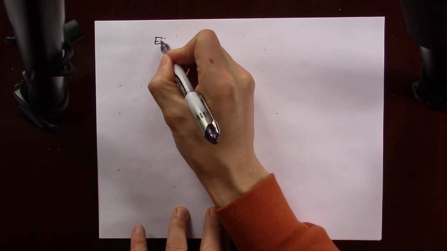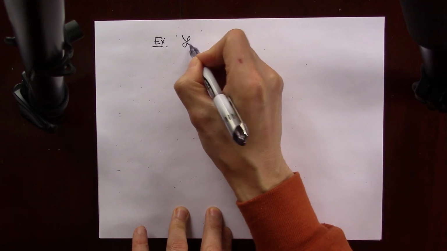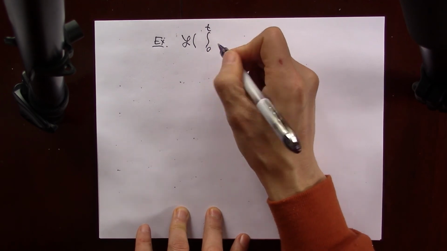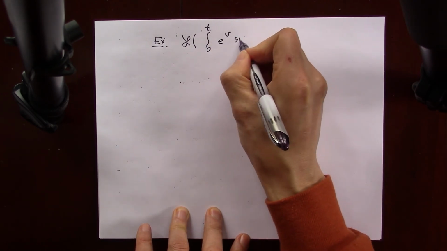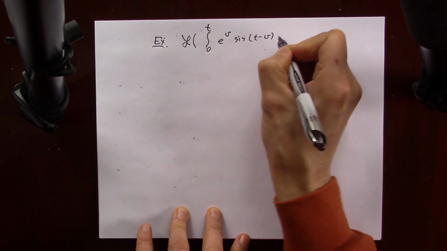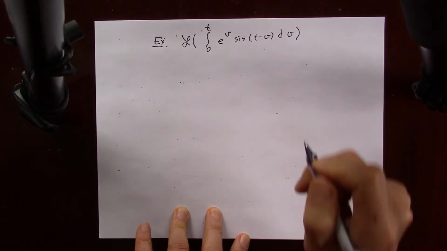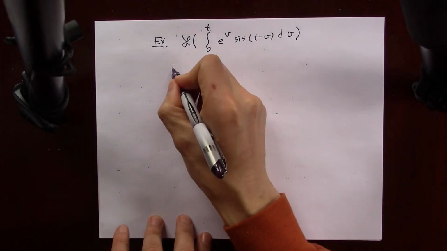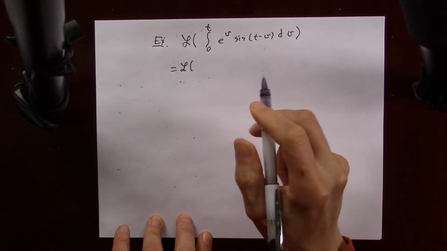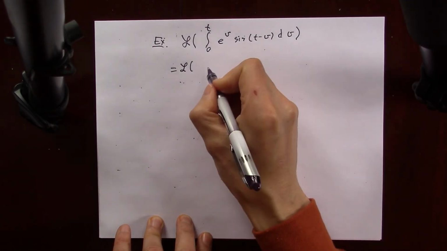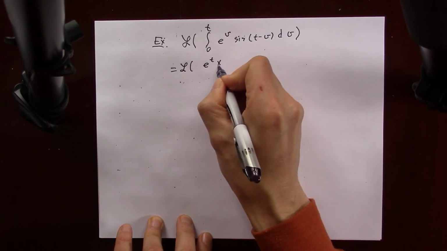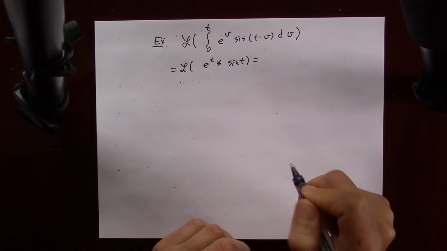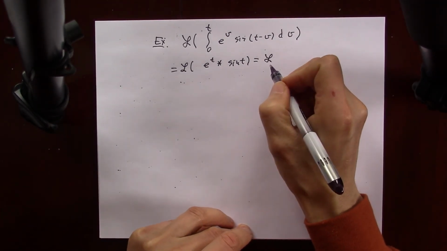Example. If I want to find the Laplace of integral 0 to t e to v sine of t minus v dv, if I want to find Laplace of that expression, of that integral, if I realize that the expression inside is convolution of e to the t and sine of t, if I realize that, the rest is straightforward, because Laplace of convolution equals